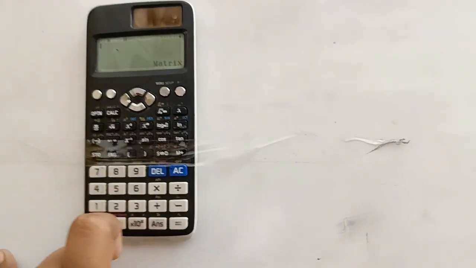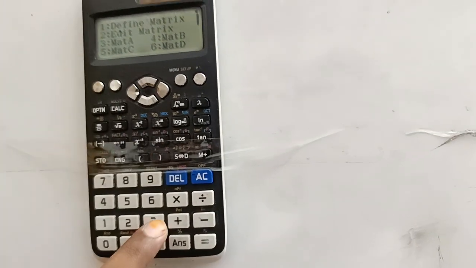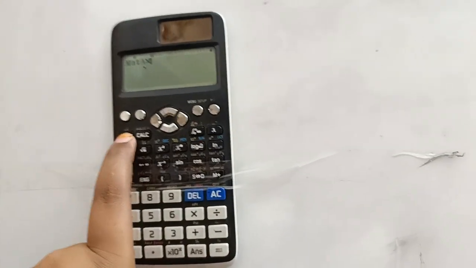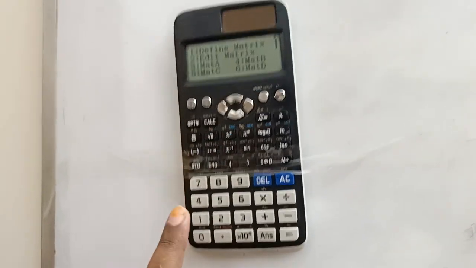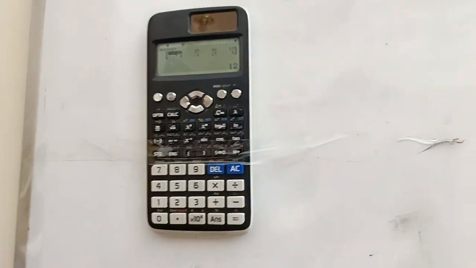Then erase this also. Then go to option button, select option number 3, which is matrix A. Then put the multiplication sign, again go to option, then select option number 4, which is matrix B. Here we have obtained the multiplication result, which is